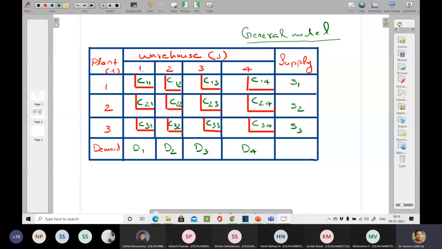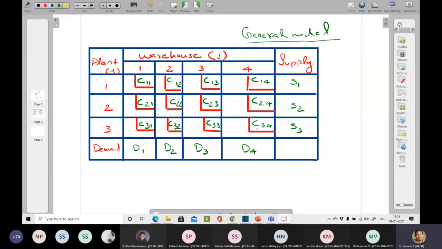C11 means cost of transporting 1 unit from plant 1 to warehouse 1. Similarly, C12 means cost of transporting 1 unit from plant 1 to warehouse 2. Similarly, C13 means cost of transporting 1 unit from plant 1 to warehouse 3. Similarly, C14 means transporting 1 unit from plant 1 to warehouse 4. Likewise, you can see cost matrix data will be provided to you in all your